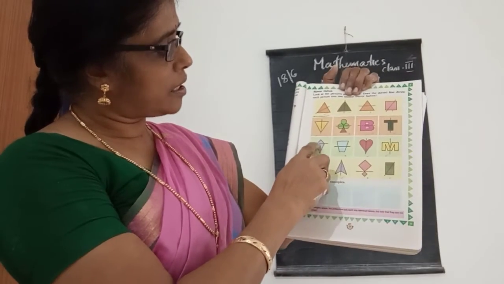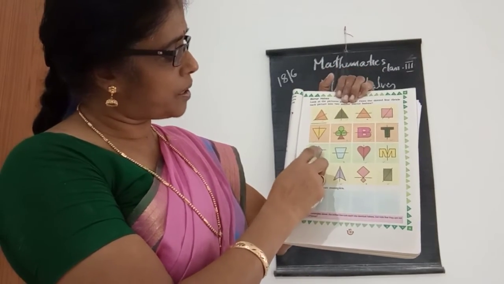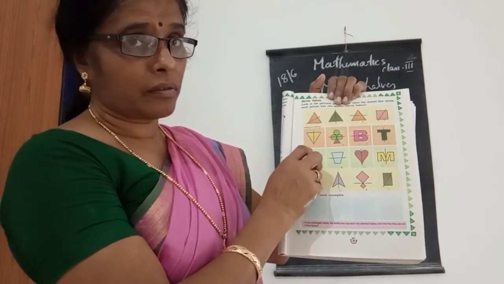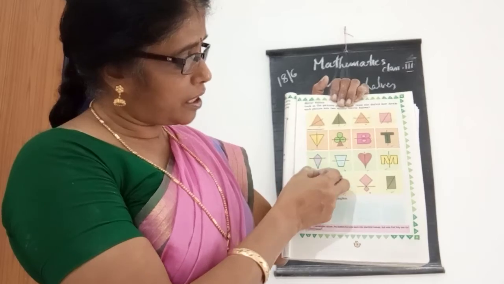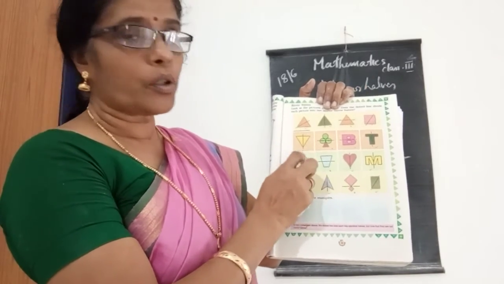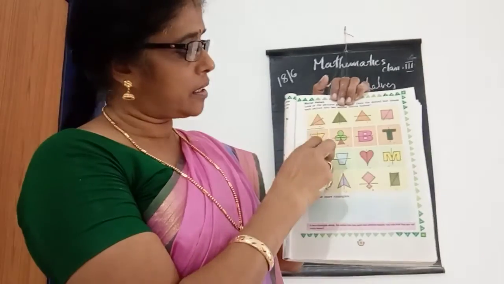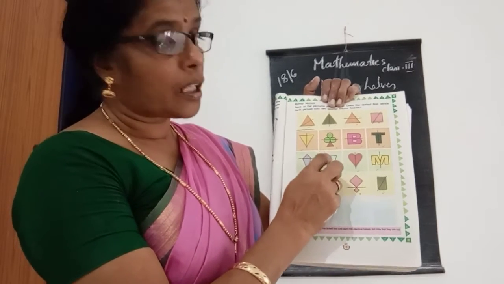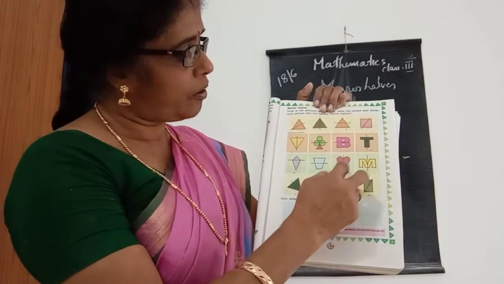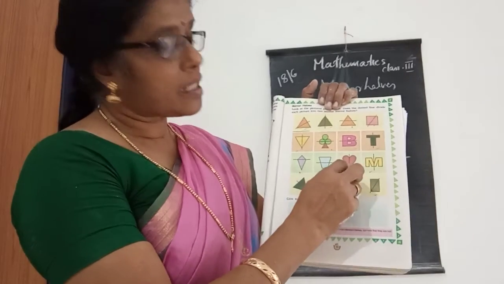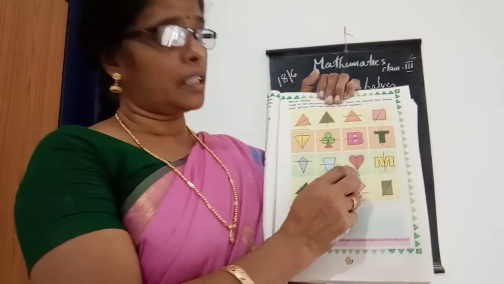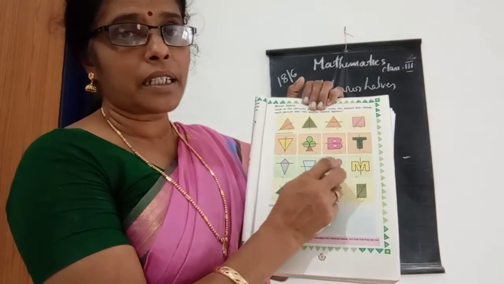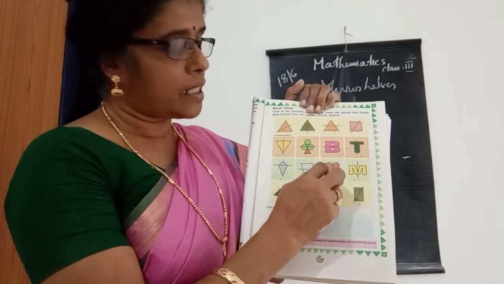And look at this picture, children. Here is a small triangle, and this one is the long one. Both sides are not equal, so that is not a mirror. And in this picture also, both sides are not equal, so that is not a mirror. And here, in this picture, it is divided in between. Then both parts are the same, right and left sides are equal, so that is a mirror.